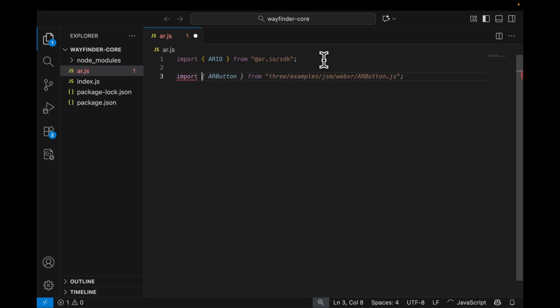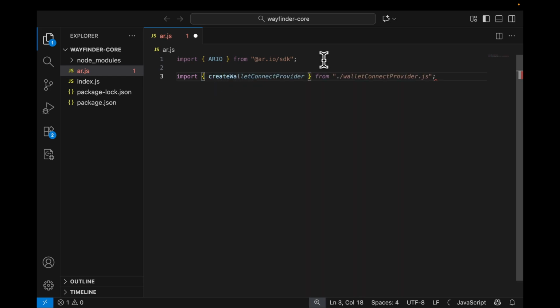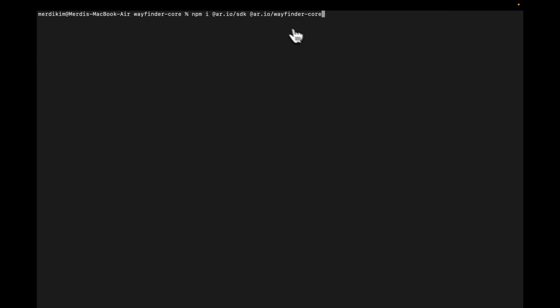What I'm going to import here first is createWayfinderClient. Let me see if this package is installed actually. Oh, I only have the AR.IO SDK, so I need to install Wayfinder core to have access to all the mechanisms that I need to use. So yeah, I do install Wayfinder core, and once that is done installing, I can jump back to my code